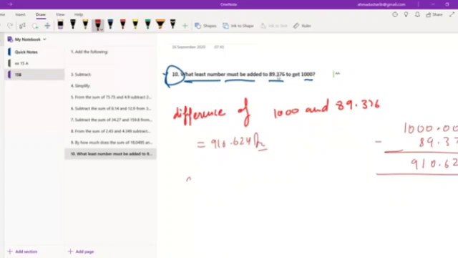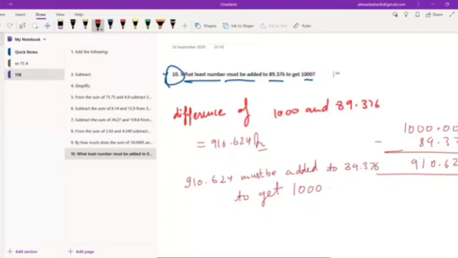So you will write 910.624 must be added to 89.376 to get 1000. Fine. Hope it is clear. So this was the whole exercise. I hope it is clear to you. So do this and